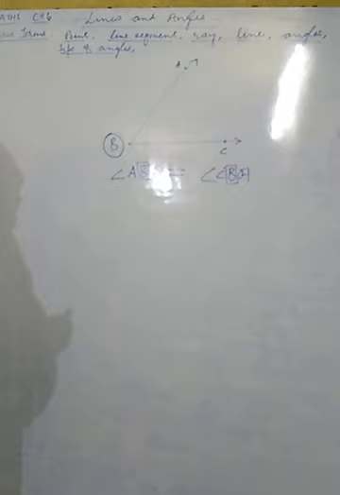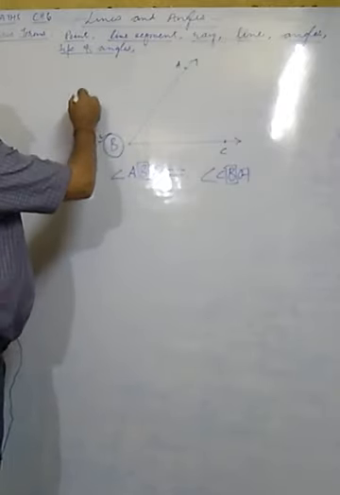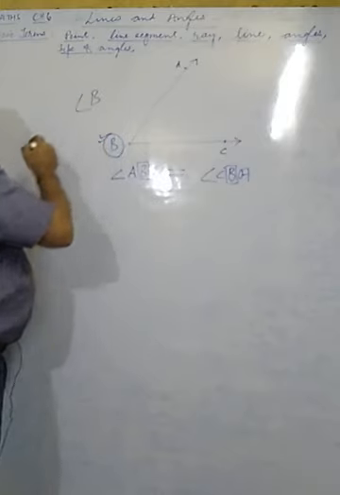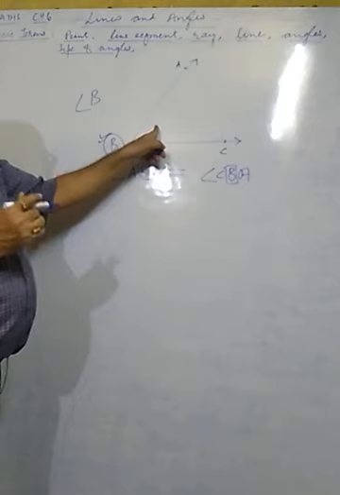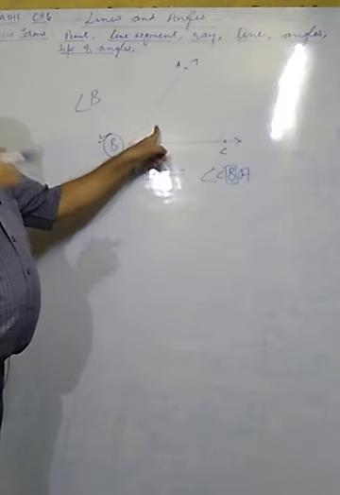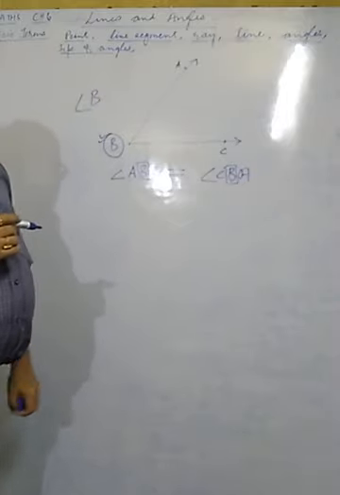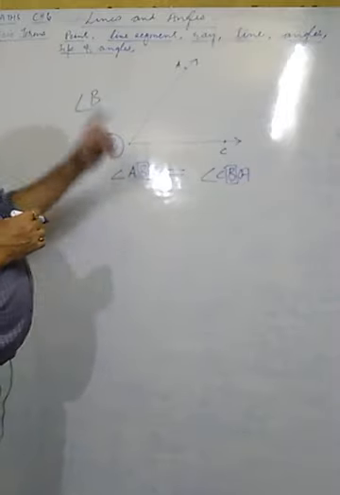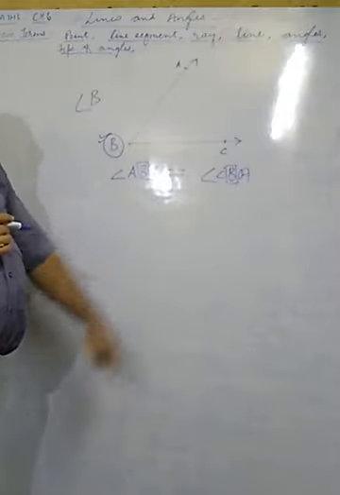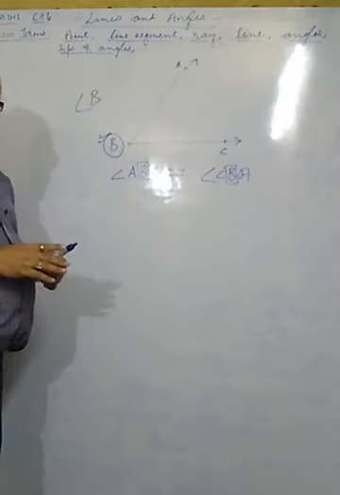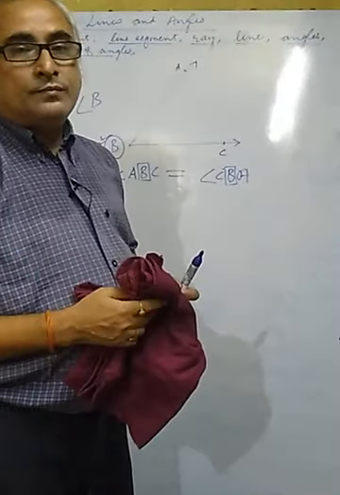In shortcut, how can we write? Definitely only the middle letter may be taken, and in shortcut we may note down angle B, when this angle is not divided, it is a combined angle and single angle. Only then we can note down this one is angle B. If the angle is divided, at that time we have to use three letters. Other methods are also there, we will discuss further.